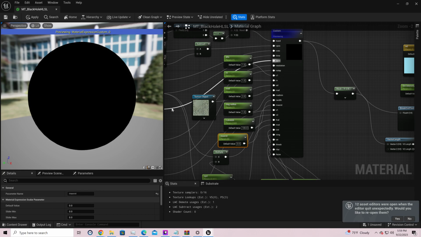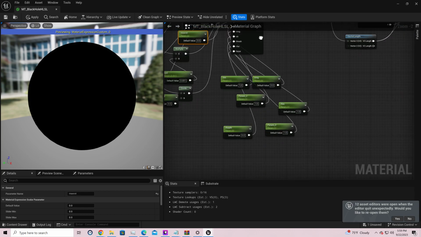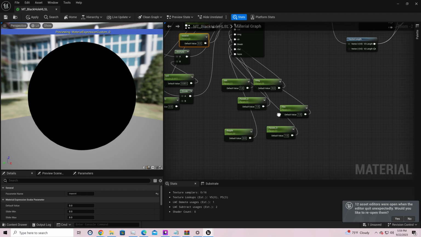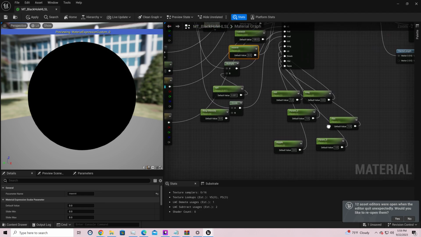So what I'm going to do is make the event horizon quite small, but then it's the black hole size itself that maybe is too big. So let me just play around with these settings, maybe take this to 0.5. Let me just try and find what works. Okay, so I've put the